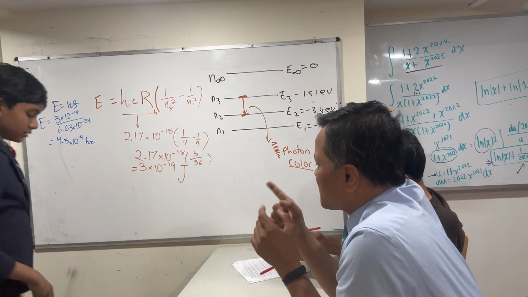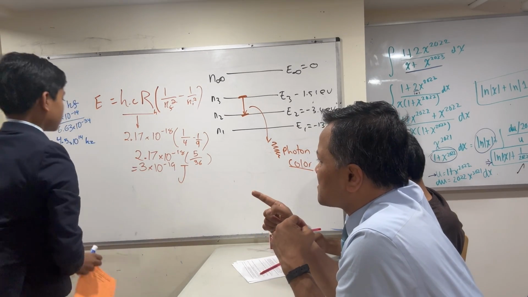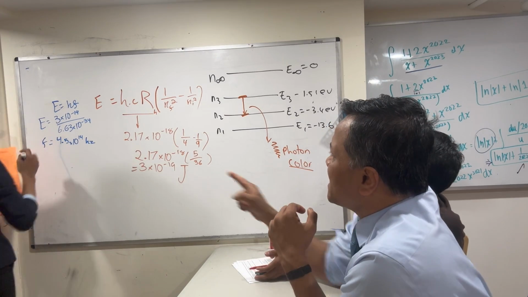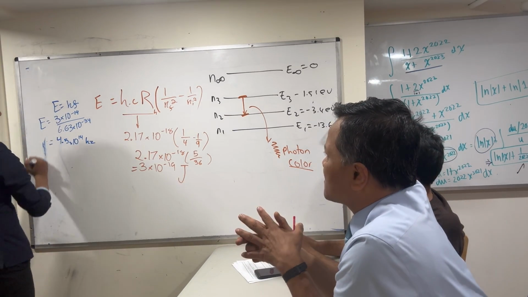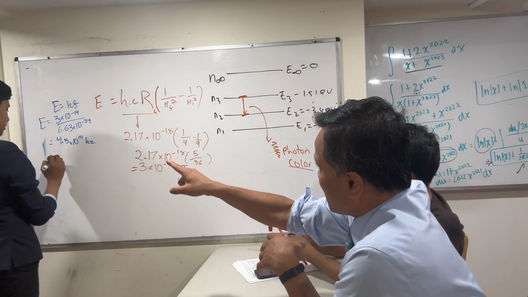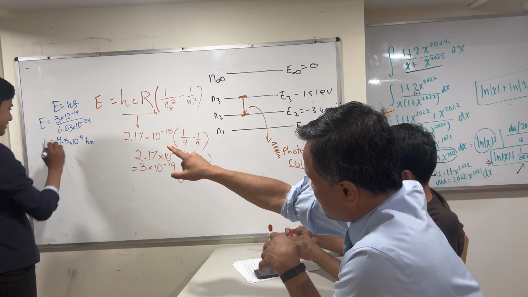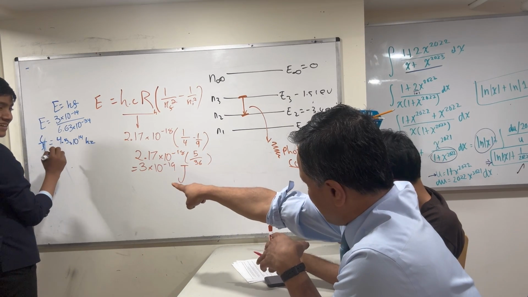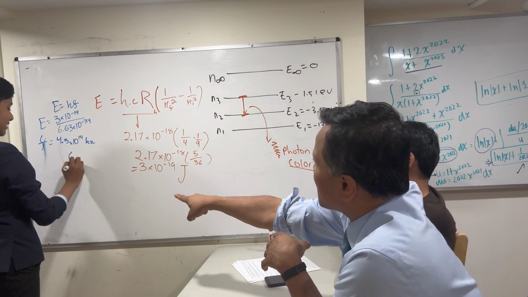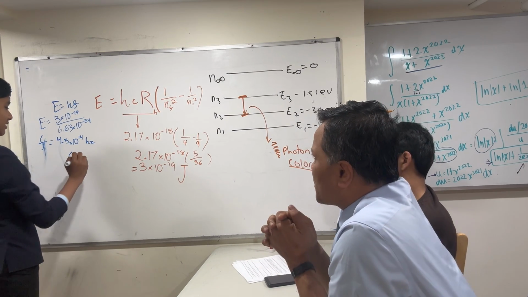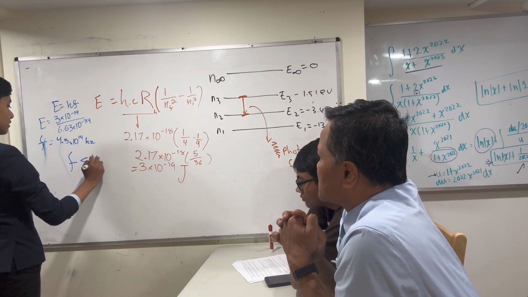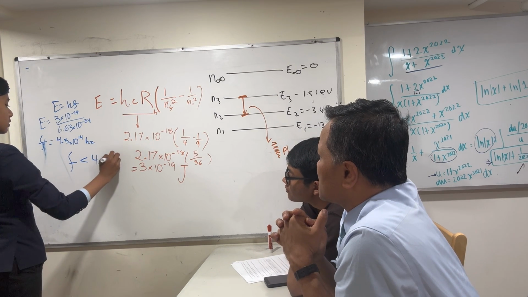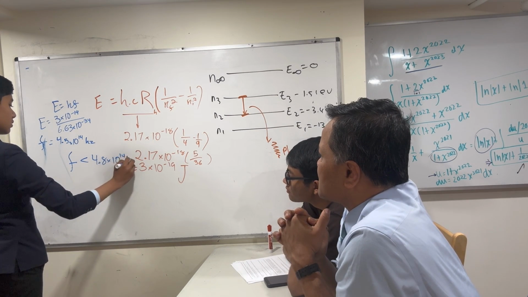Now write f. Write f in the middle of the board. Write f is less than 4.8 times 10 raised to 14 and greater than 3.8 times